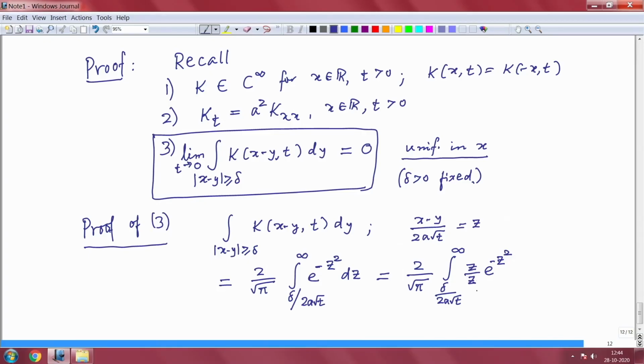Since z is bigger than or equal to delta divided by 2a root t,